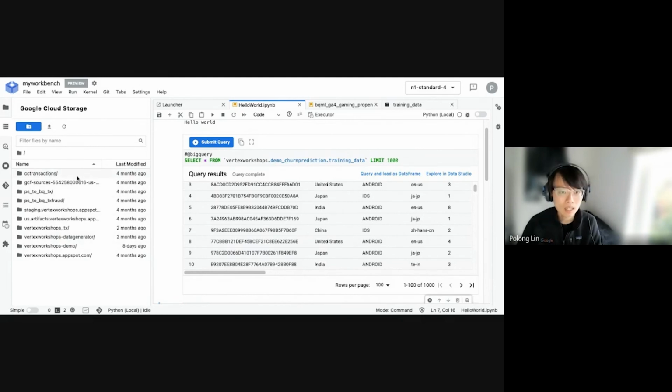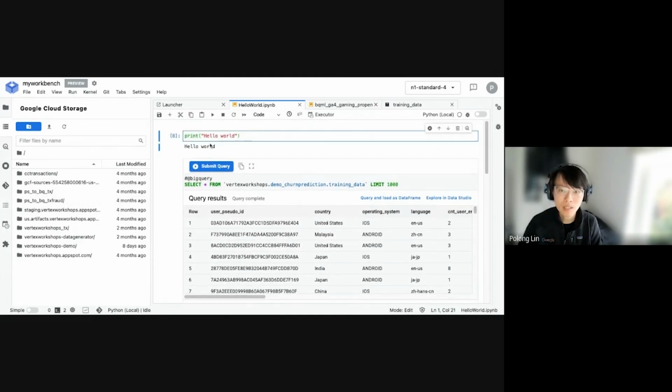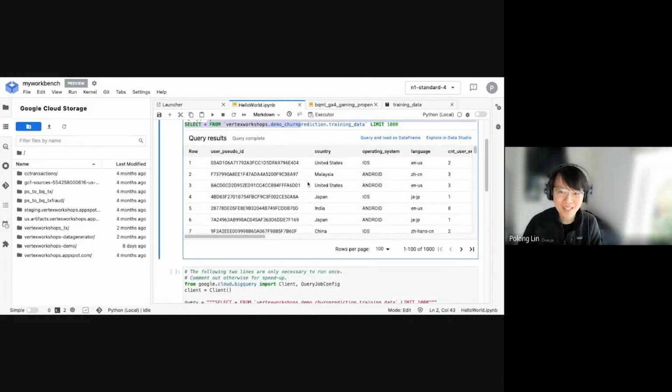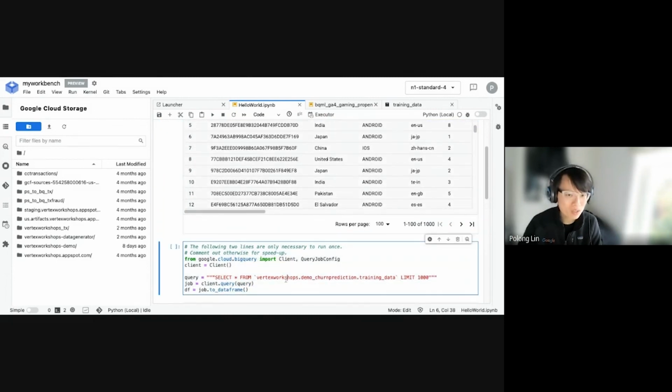I can look at the files within that. Another thing that you can do as well is suppose you do have some sort of notebook. Well, in this case, I'm really just printing hello world on the right-hand side here, and I'm doing some select statements. So nothing particularly outstanding. But if I did want to deploy a notebook or have it run on a recurring basis, maybe it's training a new model on fresh data every time it runs, I could schedule this notebook as well.